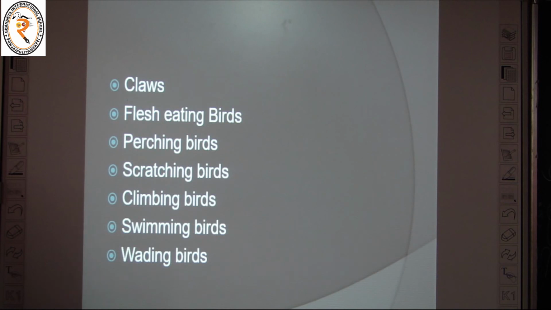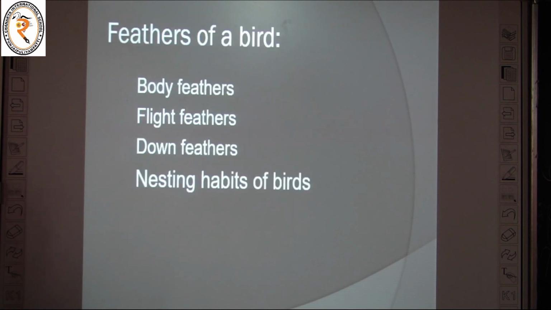Next is claws we have seen, and flesh-eating birds, perching birds, scratching birds, climbing birds, swimming birds, wading birds, and we have seen about the feathers of a bird also. What are the types of feathers? Body feathers, flight feathers, and down